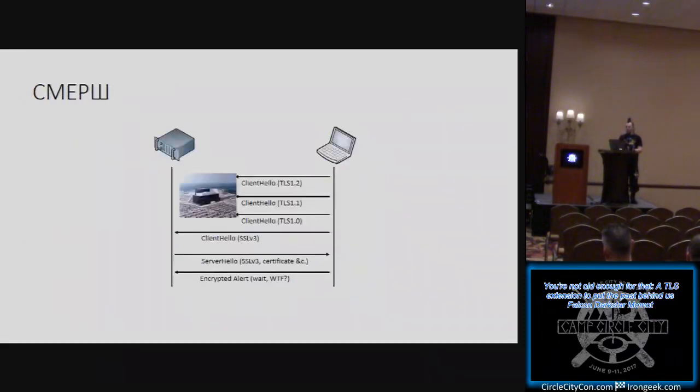Also, when we're being spied upon and somebody is, you know, making, thank you, I was hoping someone would catch that, when someone is dropping all of our attempts to negotiate nice protocol suites because they'd like us to use SSL v3, we actually have a little bit of a recourse here. There is already a mechanism that does this. It is perhaps less robust than the one that is here proposed.